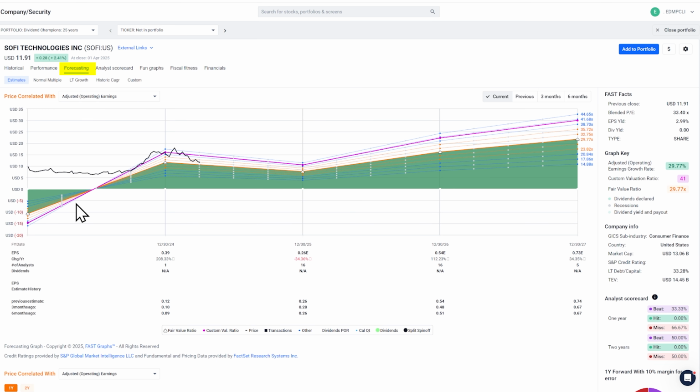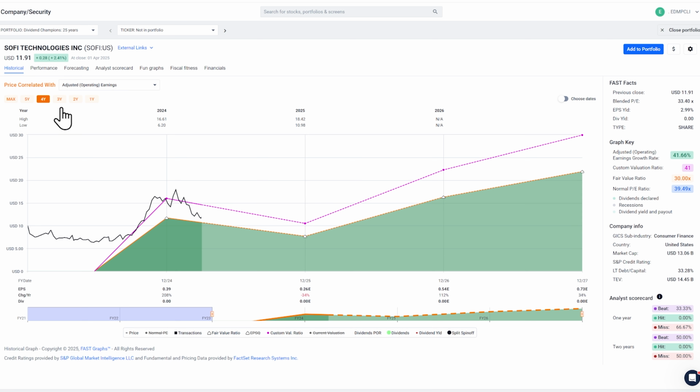When I look at the forecasting graph, we're coming from losses to a huge growth, then dropping earnings, and then expected to grow. So out here, this could be an interesting company if you're willing to buy it now, but there could be a lot of volatility in the short run. This is a difficult company to analyze, and I'd be very careful. It's going to require a lot of research and due diligence.